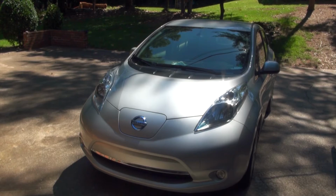There are charging stations. I don't know if you've been here to Monroe to the Walgreens. It has a charging station. Most Walgreens in this area that I've been to have got a charging station in their parking lot. If you're heading towards Atlanta, the library in Loganville has got a charge station. Downtown Loganville has got a charge station. There are a lot of charge stations around. Some of them free, some of them charge. They charge you, or you have to use a card that you have to apply for that works in